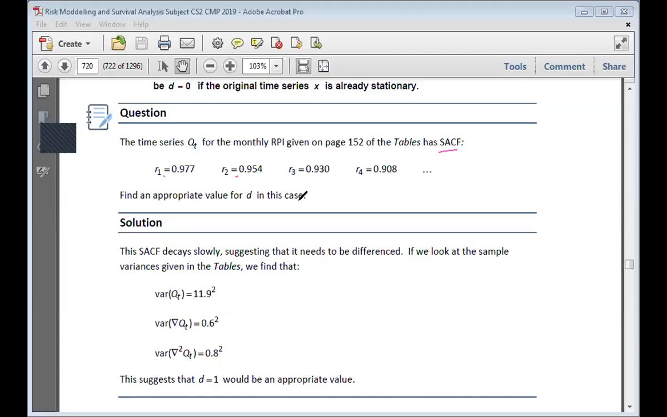So if you look at QT, it's given right here. The standard deviation is 11.9, so the variance will be just the square of that. And the variance of